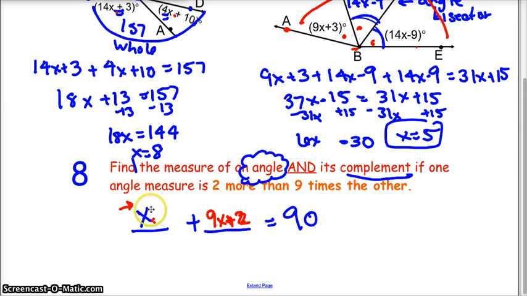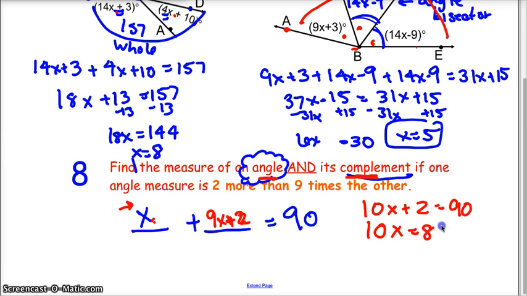What a lot of students do is they forget this first x and they say 9x plus 2 equals 90. But the idea of a complementary is we have two angles or more, but at least here they're saying find the measure of an angle and its complement, meaning we have two unknown quantities, one of them being x, the other one being the 9x plus 2. So that brings us to an equation of 10x plus 2 equals 90, 10x equals 88, x equals,